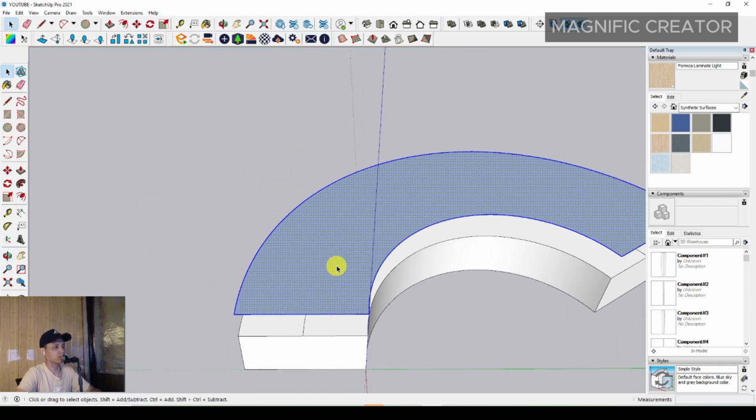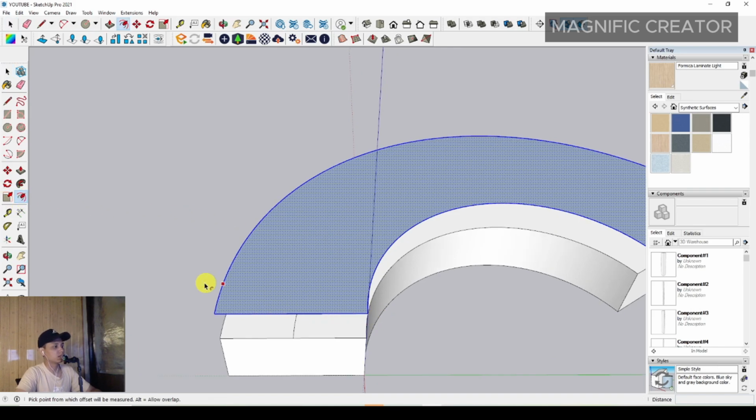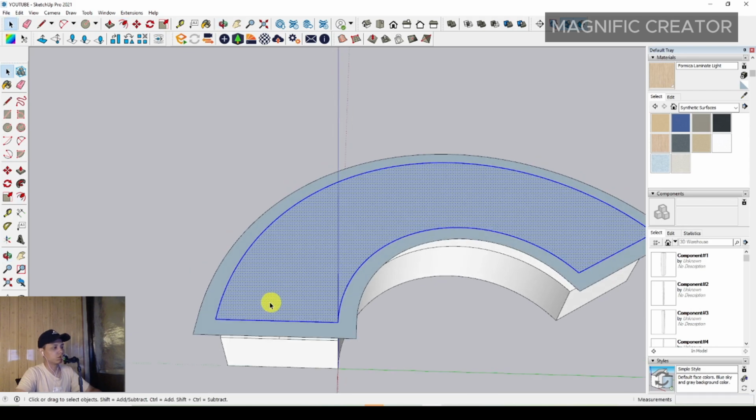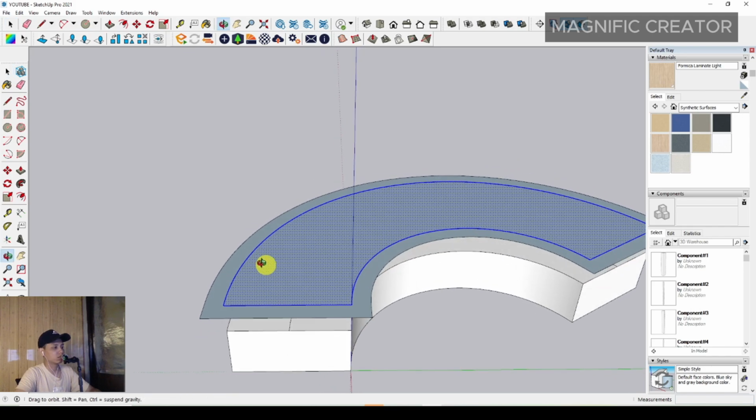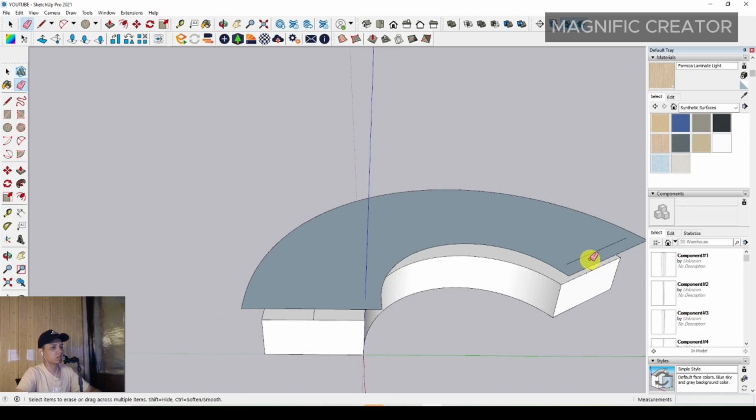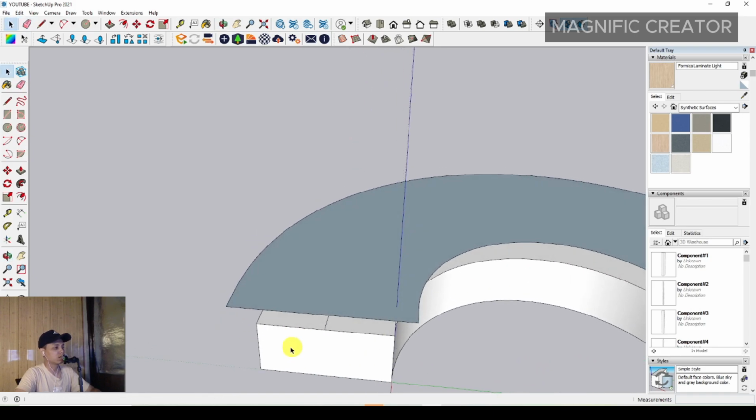Okay, and after that you can offset it outside to make a roof extension, as proportional as you can. And after that you can erase some unnecessary lines like this, and then you can make a